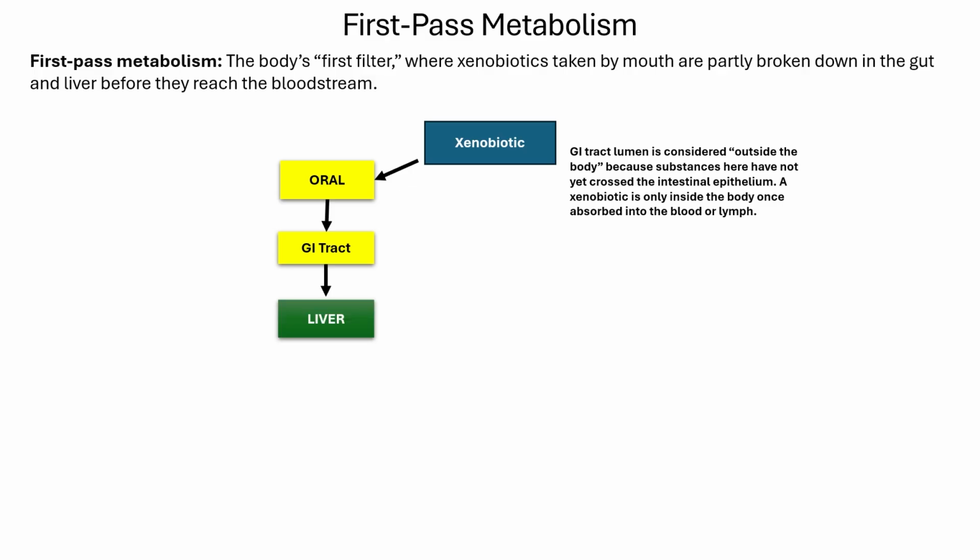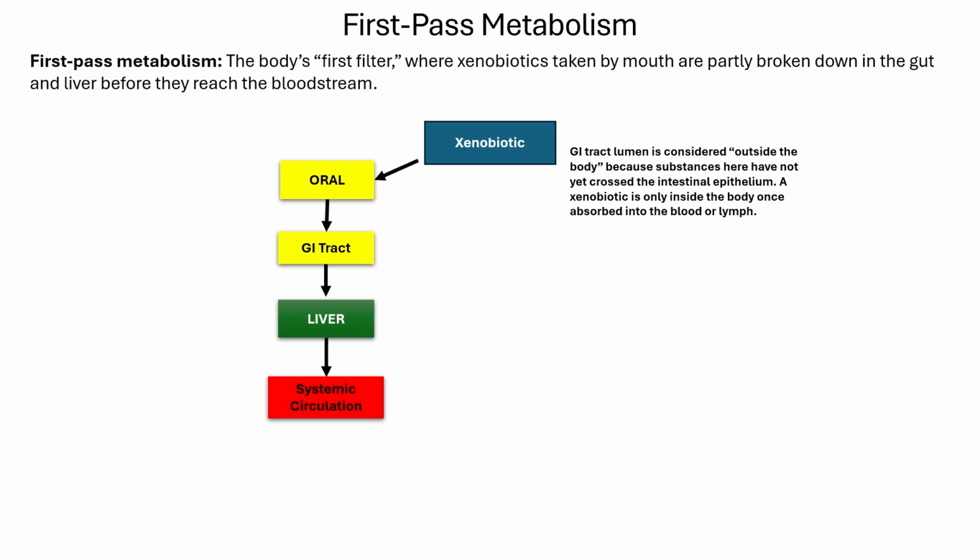Once absorbed, it travels through the portal vein into the liver. This is the body's first filter. Here, enzymes can metabolize a large fraction of the compound before it ever reaches general circulation. Only what escapes the first pass metabolism enters what we think of as systemic circulation, the bloodstream, where it is